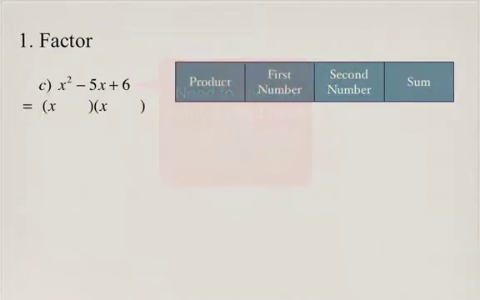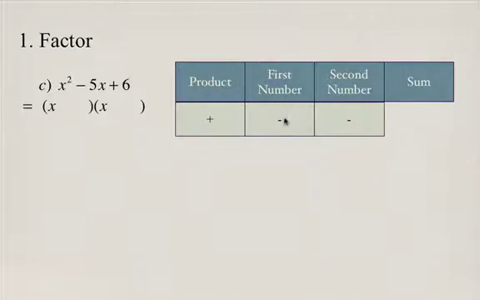So let's go through. Now the product, we're not even going to consider the numbers, we're just going to look at the sign here. The product has to be positive. So we know that the numbers have to add to be negative. And so that means both of our numbers have to be negative, because the only way that you can have two numbers that multiply to be a positive and add up to be a negative is if they're both